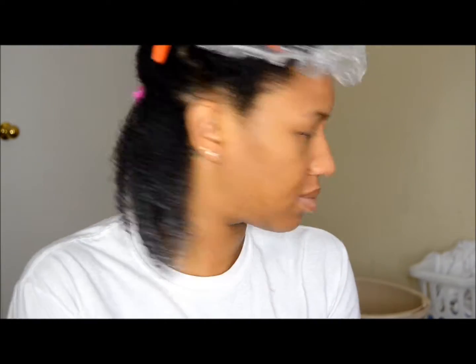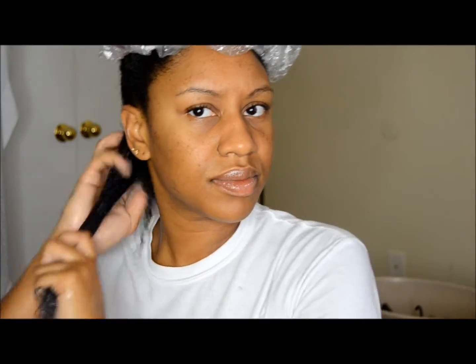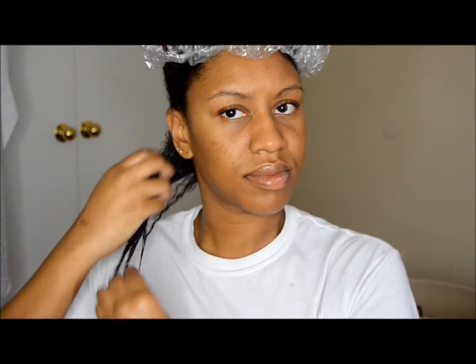So you just keep smoothing through your hair, and then you end up using a little more coconut oil, girls. I'm telling you. And actually, I've only been natural for 2 years. So as of November this year, it's been exactly 2 years. And I feel like my hair has grown out a whole lot for